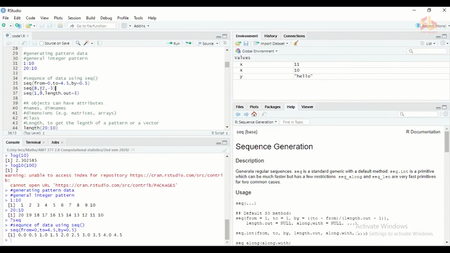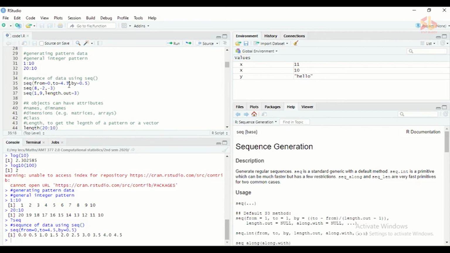Here I need another sequence starting from 8, ending at -2 or before -2. That is the condition. This is the start point.